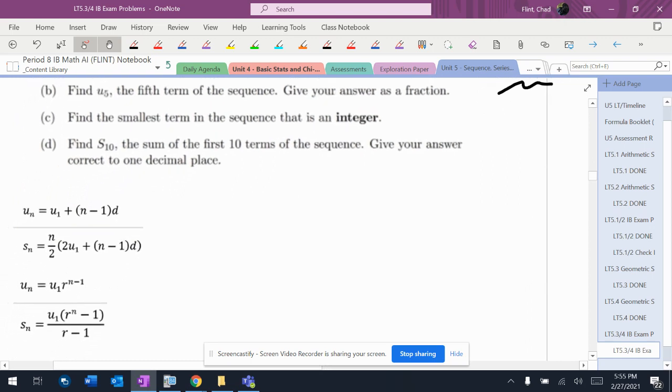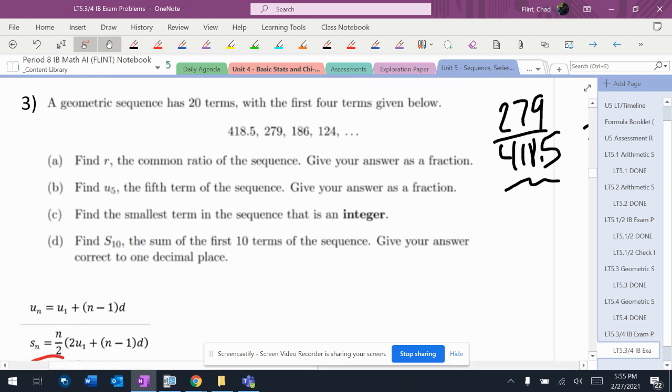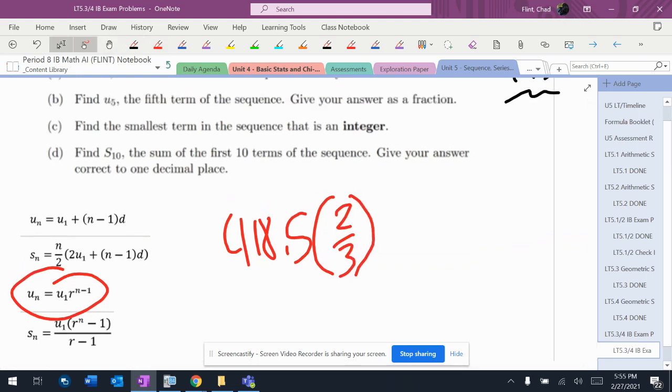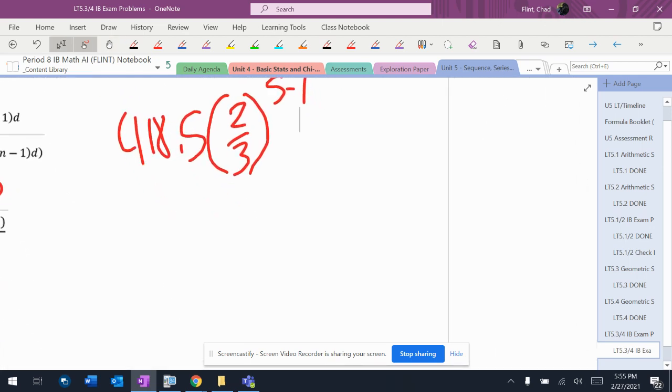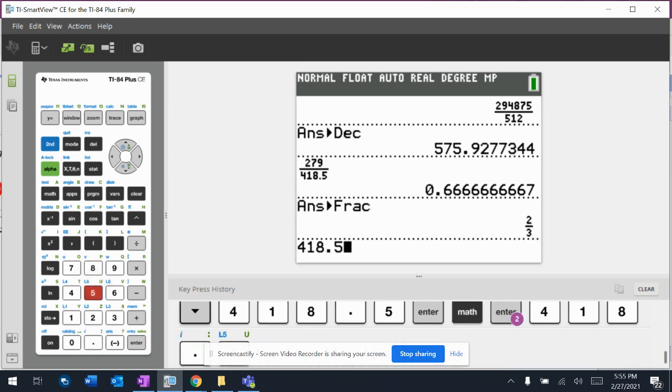Find the 5th term of the sequence. All right, so part B is going to use that. So U1 was 418.5, so 418.5 times 2/3 to the 5 minus 1. All right, so 5 minus 1, that's going in the calculator. It says give it as a fraction, so if it doesn't give it to me as a fraction, I'm going to math fraction it again. So 418.5 times